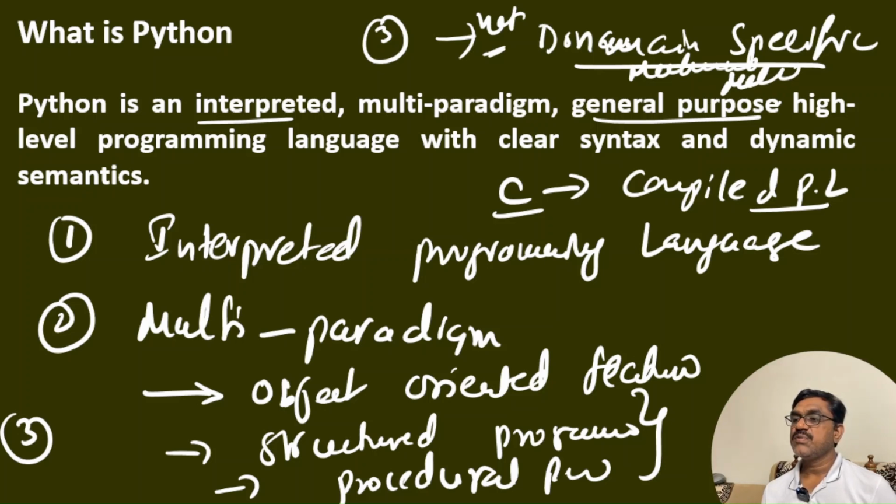And next, we are going to talk about it is a high-level programming language. Now, what is meant by high-level programming language, that we will see. When we talk about high-level programming languages, some of the examples we can give here are C, C++, Java, and also Python. All these are examples of high-level programming languages. A high-level programming language is the language which is used to implement applications by the user, or we can say that it is a language which the user can understand better.